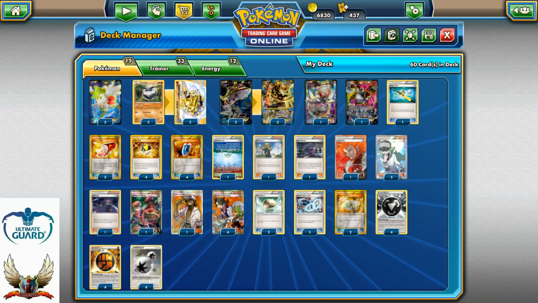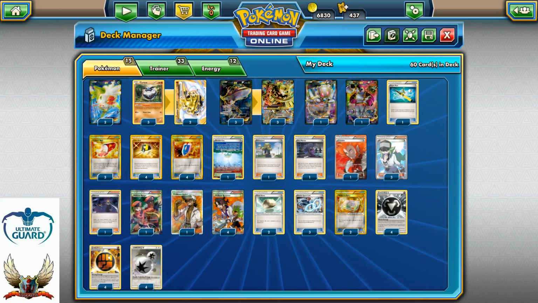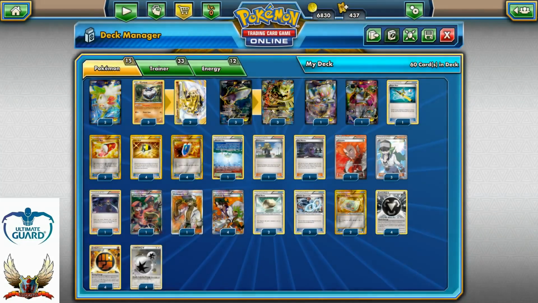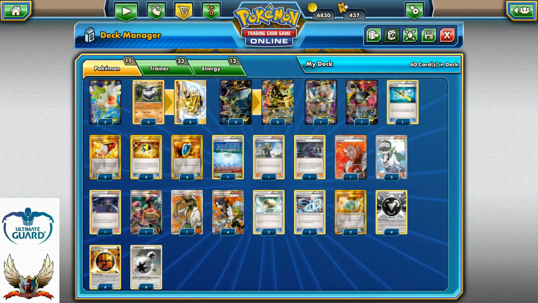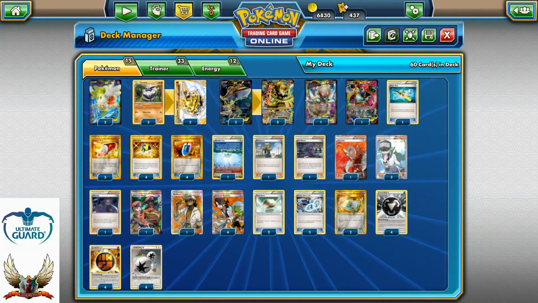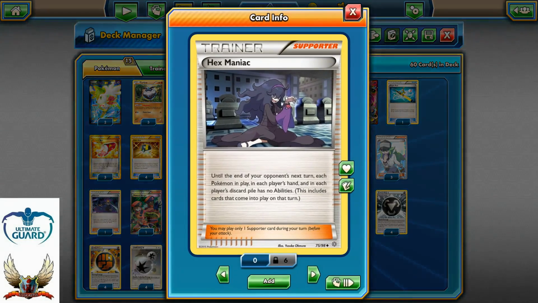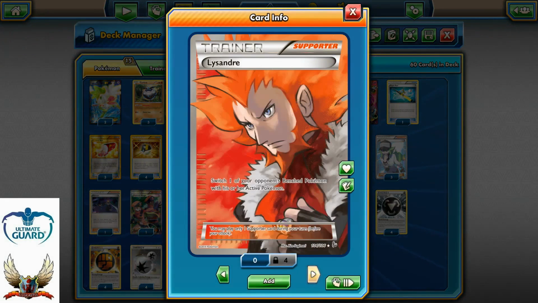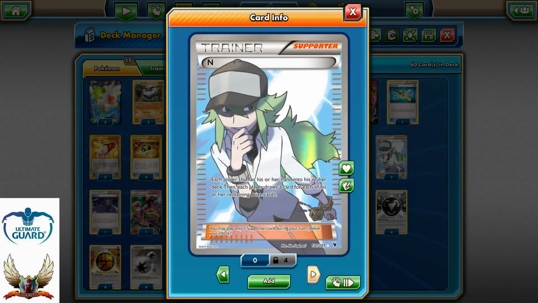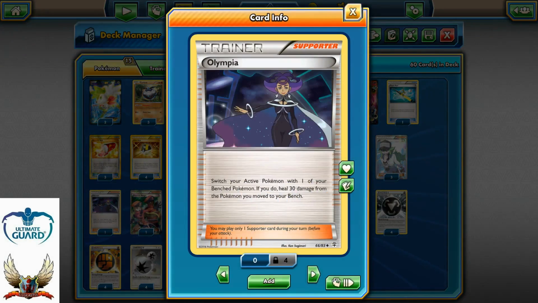Then I can just use my Diamond Gift and power up another one. Delinquent x1, just in case I will face Pearl City, so I can discard it, but I can also discard my opponent's Stadiums and 3 cards from his hand with the Delinquent. 1 copy of Hex Maniac, good against any ability, that's for sure. 1 copy of Lysandre, 3 copies of N for draw support, 1 Olympia, you know, just because we have